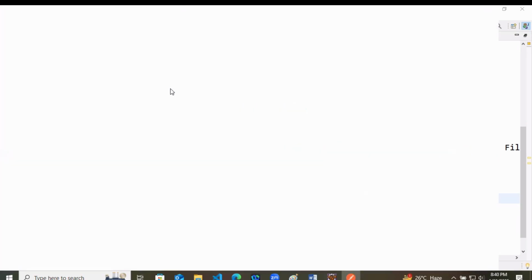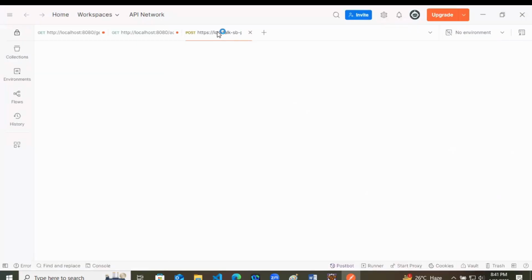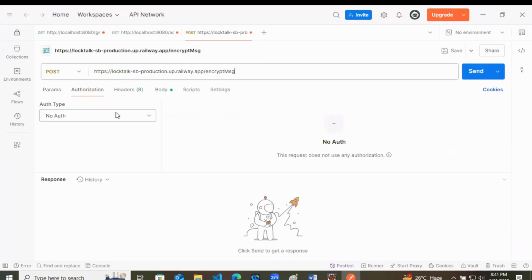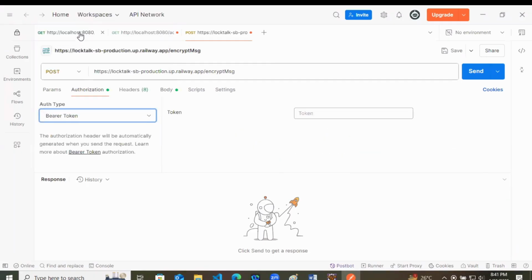I'll just show you where you have to type the authorization and the bearer. Whenever you are making a request, you have authorization. Inside that you will have one bearer token kind of authorization. This one. You are having a bearer token. This is a JWT token, by the way.